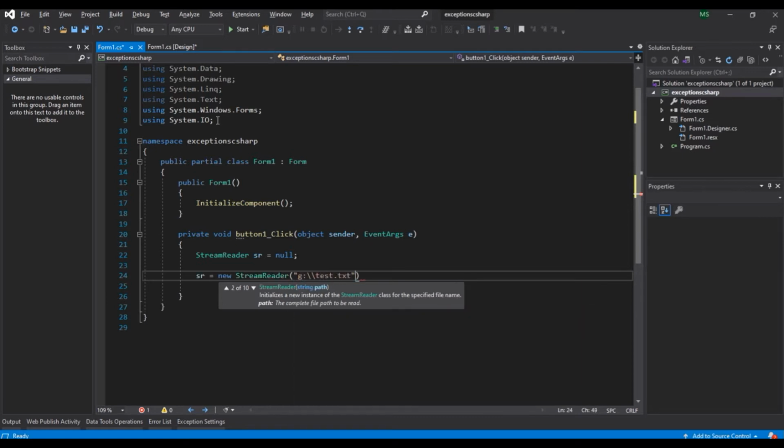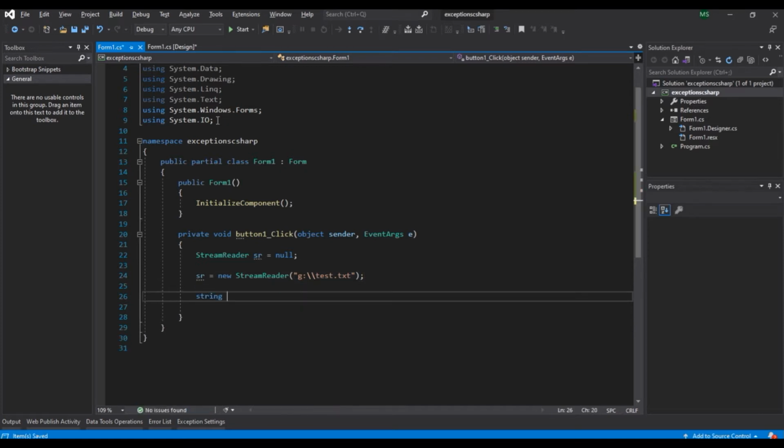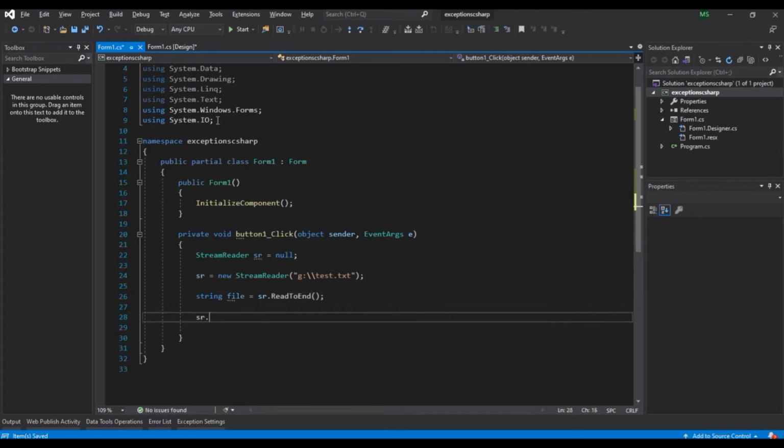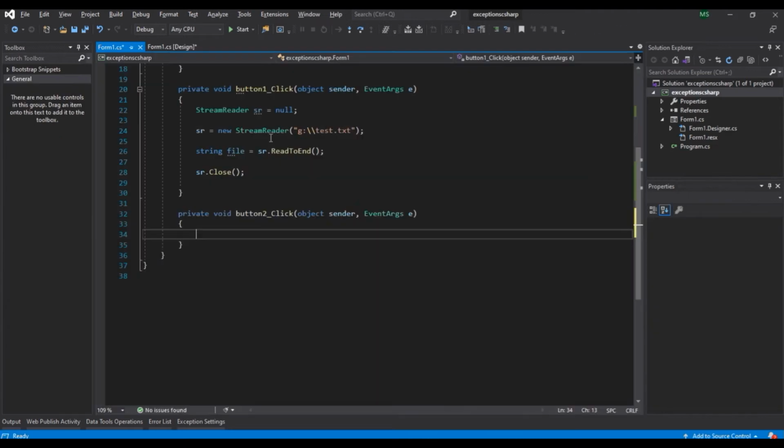So I am giving a file name, just any file name. And on another button we will try to do some basic math.